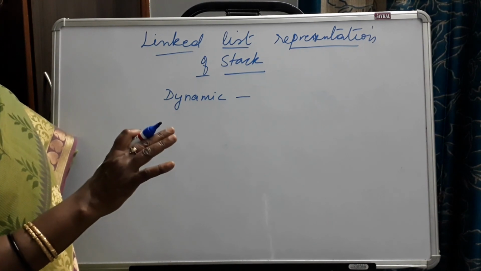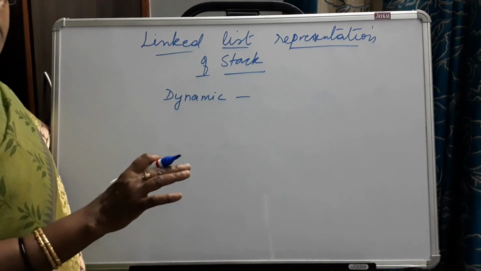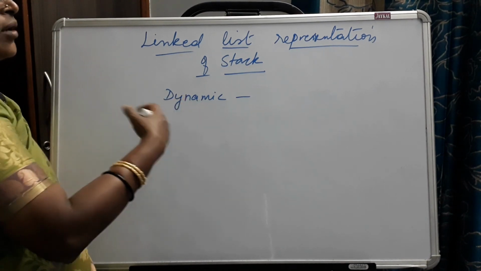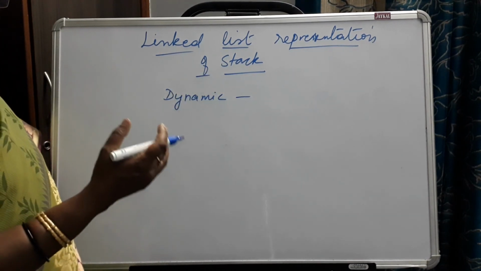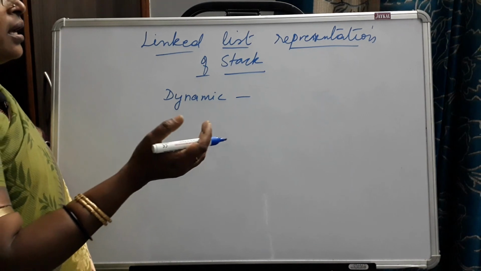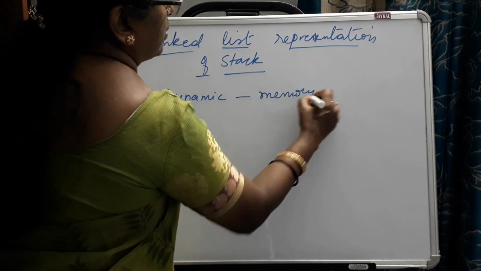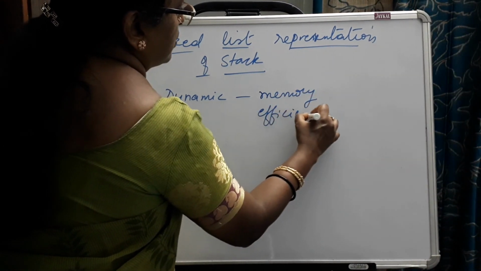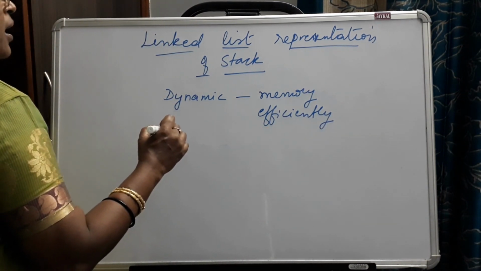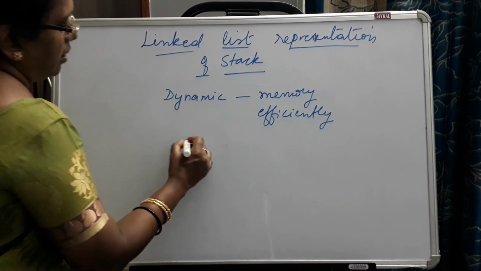It is fixed size. Whereas in linked list there is no limitation for the size of the stack. At runtime the size can be increased or decreased. How many ever nodes we need for representing a stack can be used. So this method utilizes memory efficiently. In linked list data representation, we have nodes.